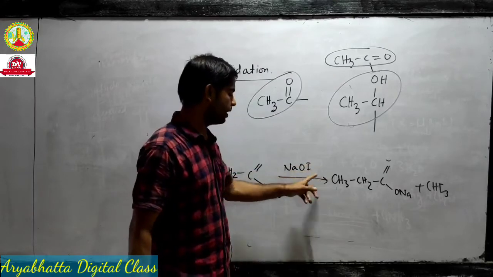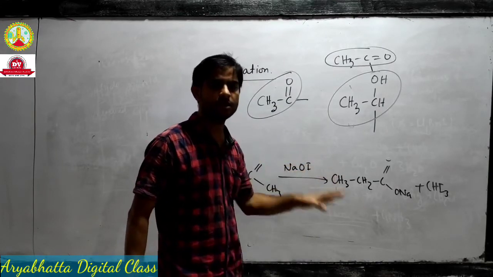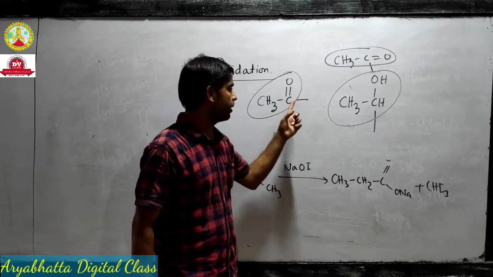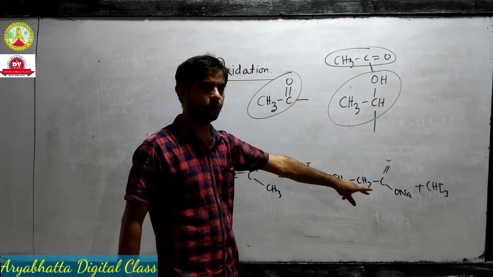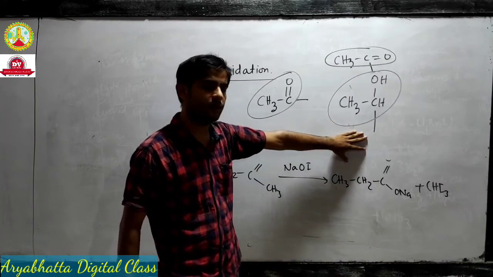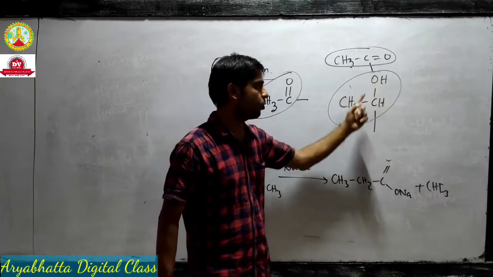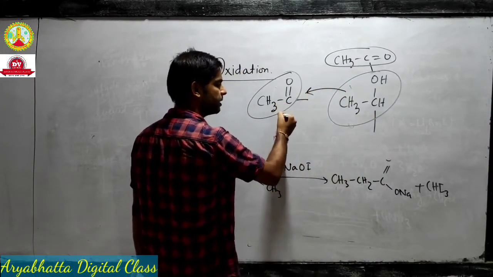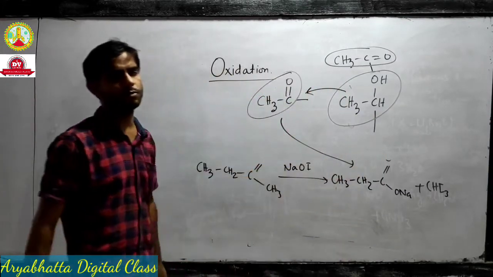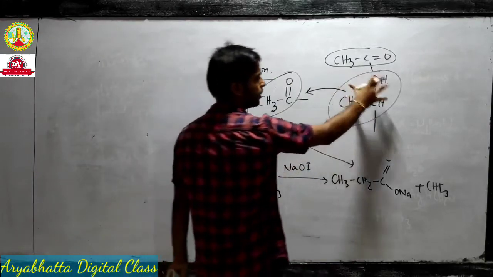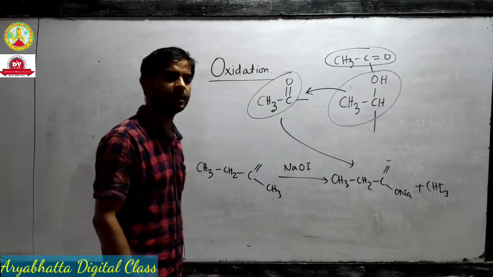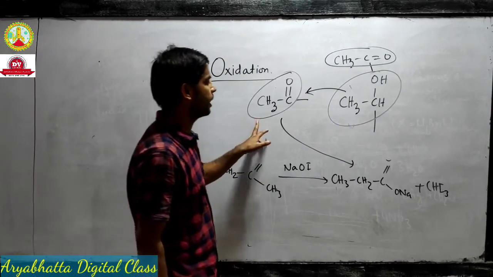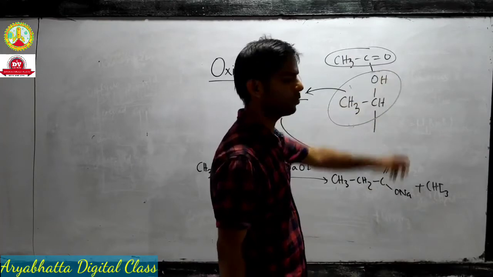And we are just using the oxidation reaction only. Since it's an oxidation reaction, it oxidized this and formed haloform. So in this type of alcohol, in the first step the alcohol will be oxidized to this methyl ketone, and then this methyl ketone will give you the haloform test. So ultimately if this type of alcoholic group is present, it will also give you a positive haloform test. So you can test the methyl ketone group as well as this type of alcohol.